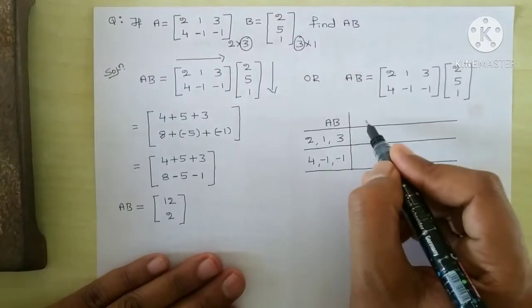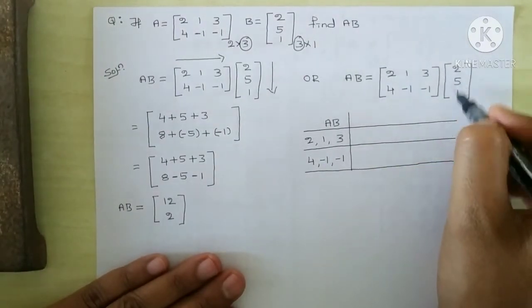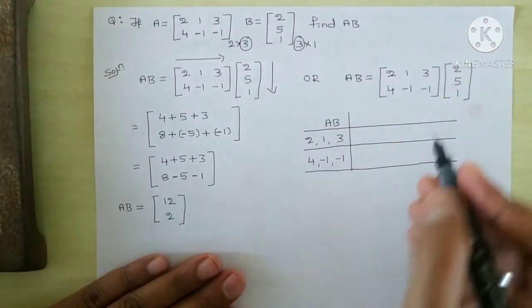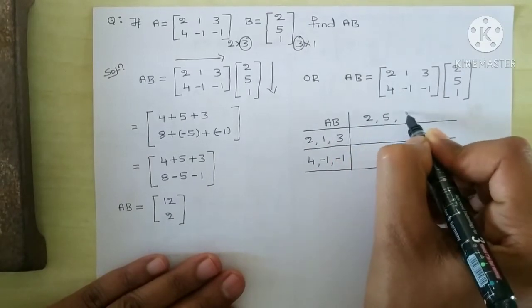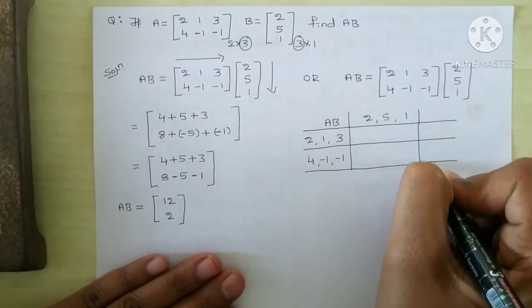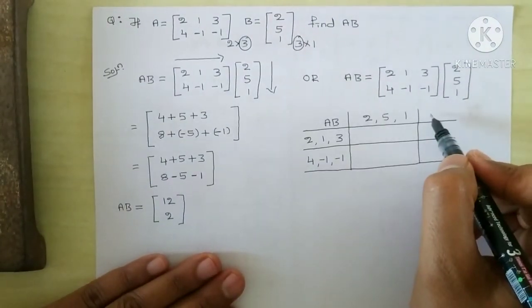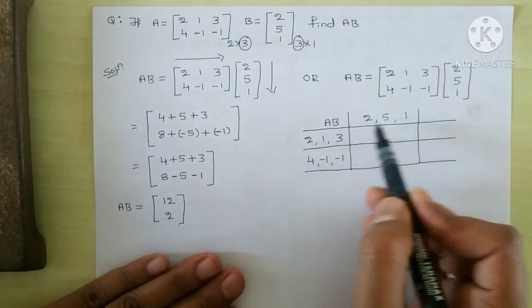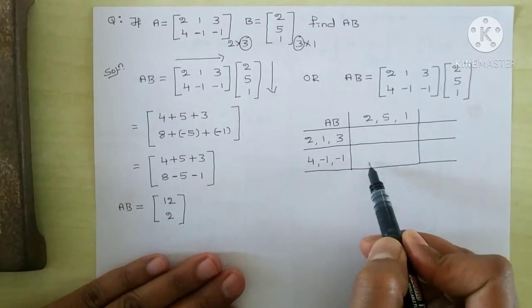So next, in this part, second matrix, number of columns. In the second matrix how many columns are there? Only one column is there. So what is that value? 2 comma 5 comma 1. Over here second column is not there, so here only you need to stop. So now these two you have to multiply, note down here.